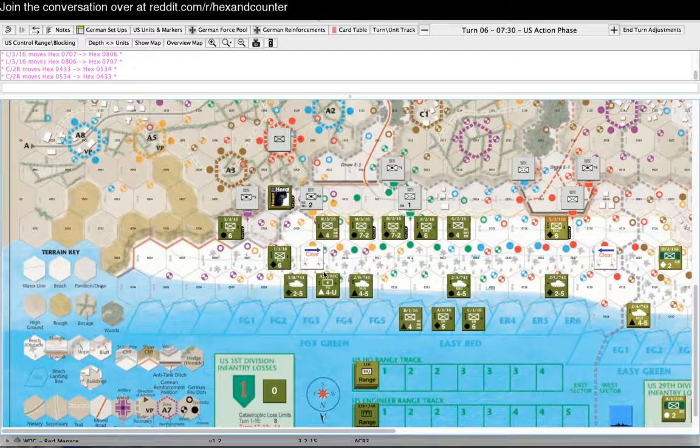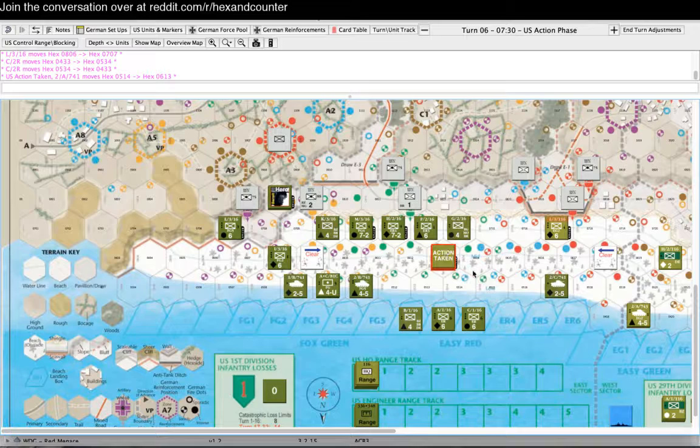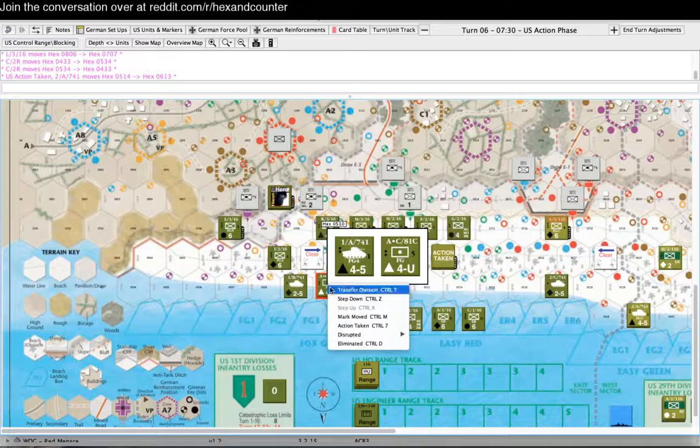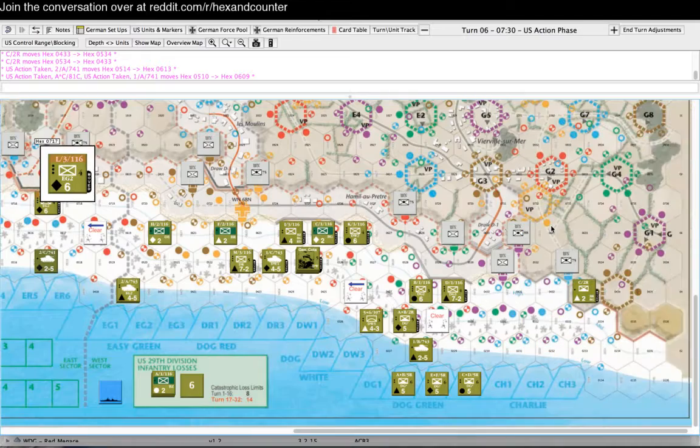Okay, so I get my 2 standard activations, and I think I kind of have to use that to rescue a few of my units here. So I'm going to take an action here and move him to the mid-tide line. And I'm going to do the same thing with this entire stack. I'm going to take advantage of the fact that you can activate an entire stack for the cost of one action if they all do the exact same thing, which is what we're going to do. So unfortunately, these people are just kind of left behind to wash away, and not a lot of attacks going on in this sector. Coming over here to this sector,